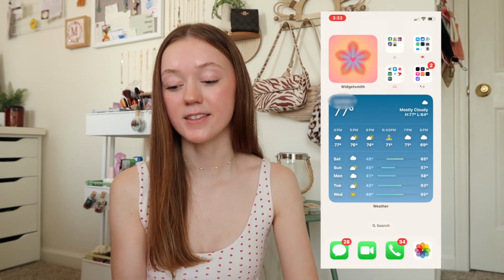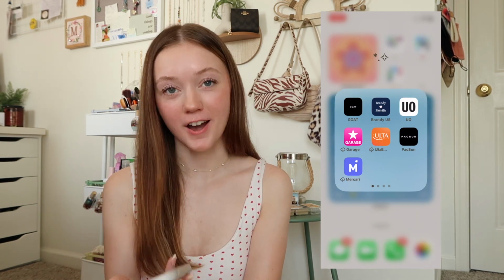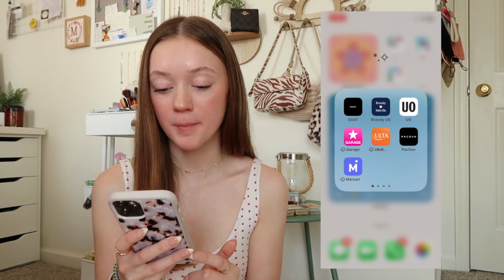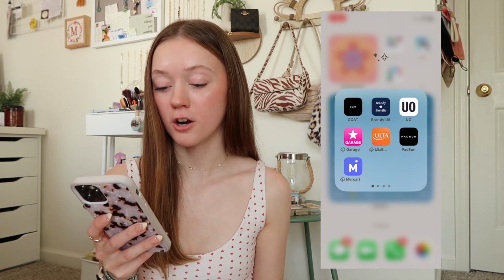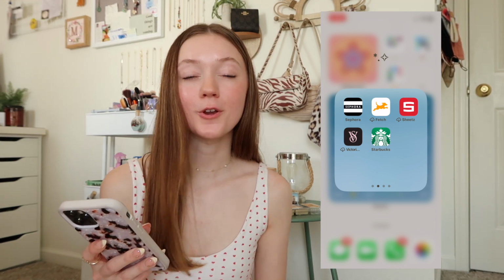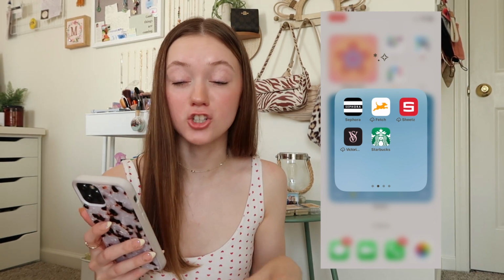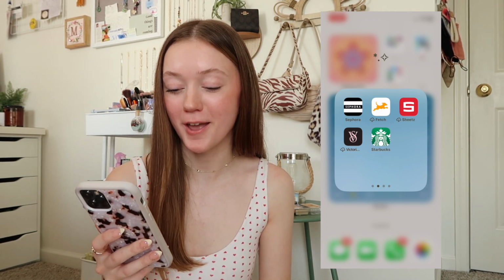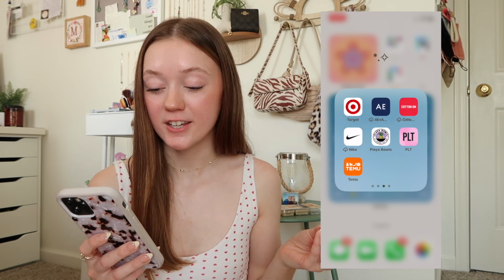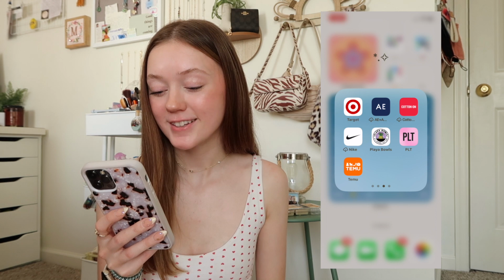Next to that is the last section of my phone, and this is my shopping apps, which is literally 5 pages. So I have Go, Brandy Melville, Urban Outfitters, Garage, Ulta, PacSun, Mercari, Sephora, Fetch, which is where you can scan your receipts. I highly recommend this if you are an avid shopper because you can earn gift cards with your points. Sheets, Victoria's Secret, Starbucks, Target, American Eagle and Aerie, Cotton On, Nike, Pliables, Pretty Little Thing, Temu, don't even get me started on that,